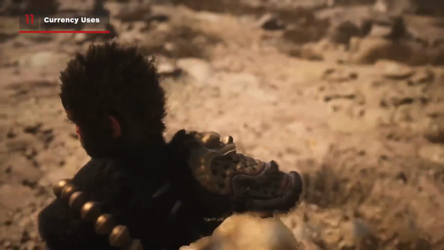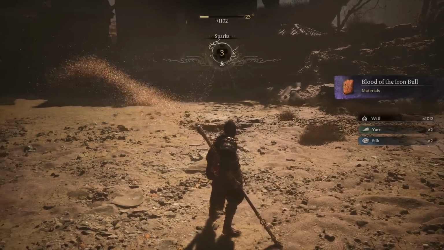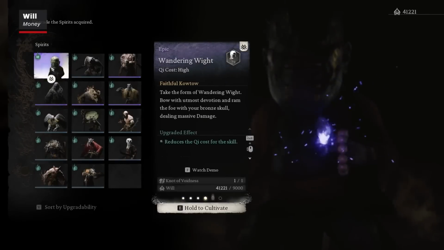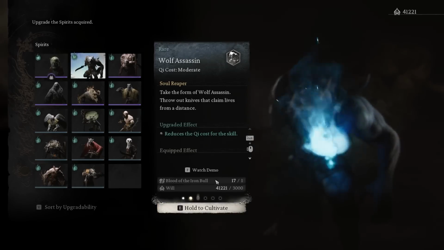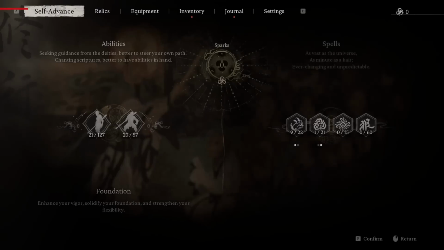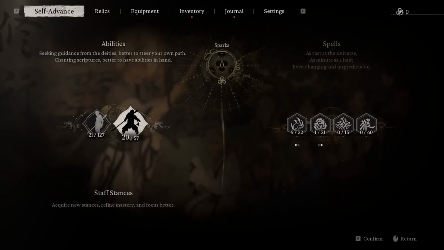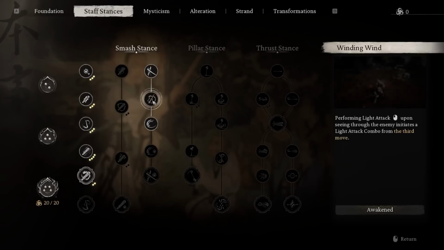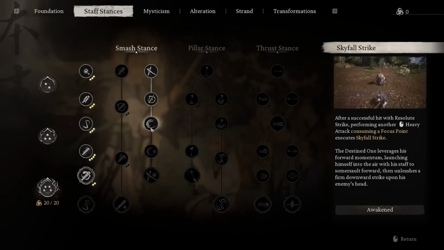You get a lot of currencies in this game, including many different types of crafting resources, so let's just go through the most important ones. Will is money. Unlike Souls games, you don't lose it upon death, and it can be used to purchase resources and medicines from shrines, upgrade your spirits, and upgrade your various types of equipment such as gourds and weapons, although some of these take supplemental materials as well. Sparks are experience. You place them in your skill tree to gain new abilities, passive bonuses, or spell upgrades. They can be refunded individually or all at once at any shrine under the Reignite the Sparks menu option under